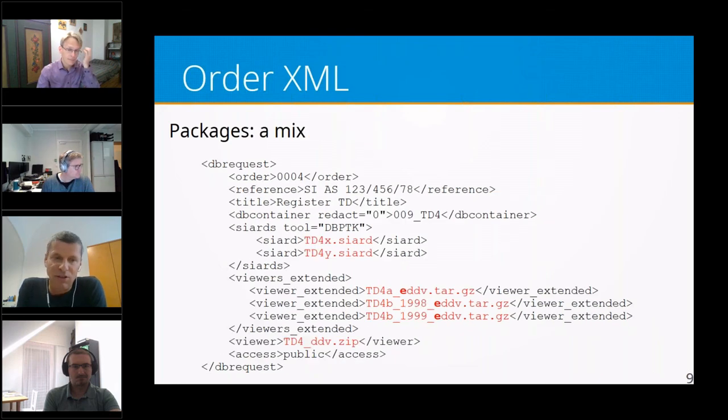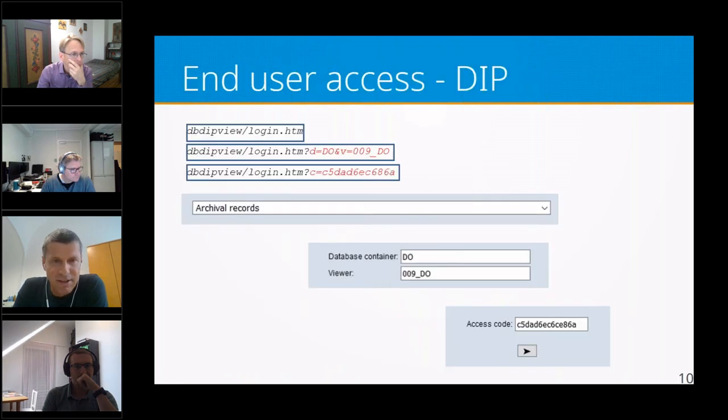Another example, you can install more SIARD files and more package files, for example, for each year, or a separate package, or parts of the database are installed separately. Here we also see a viewer package. This will be the last version of the viewer. Originally, the last viewer will be used from 99, but we can always make a new version of the viewer, and only the latest one will be used.